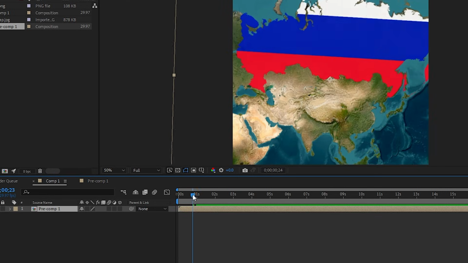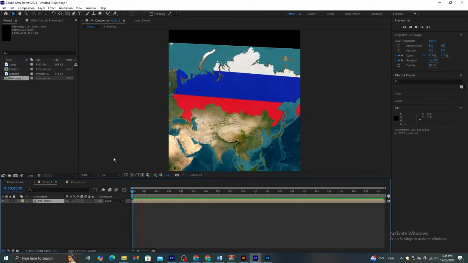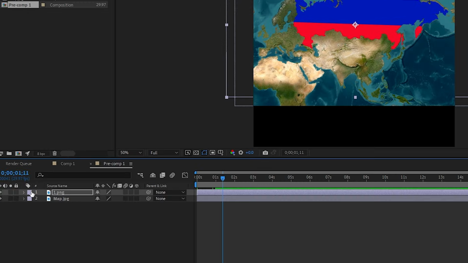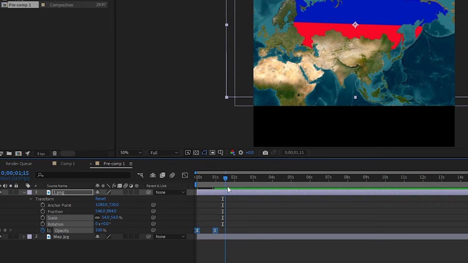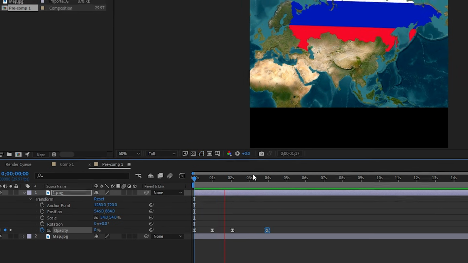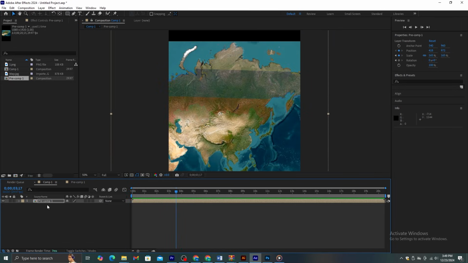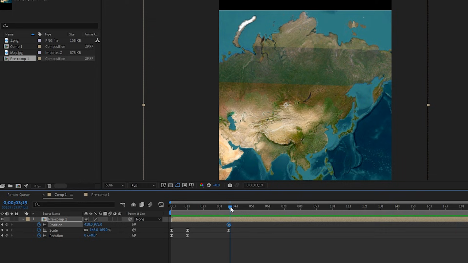Now if you go back to the main composition, it will have this cool zoom animation while this map of Russia is appearing. Now go back to the map layer and create another keyframe after like 3 or 4 seconds, and decrease the opacity back to 0, then in the 4-second marker, this map of Russia will disappear. It should look like this. Now press the U letter again to see all active keyframes, and create a keyframe here.